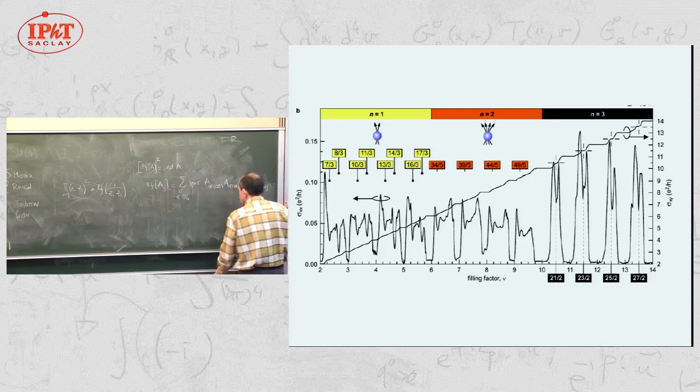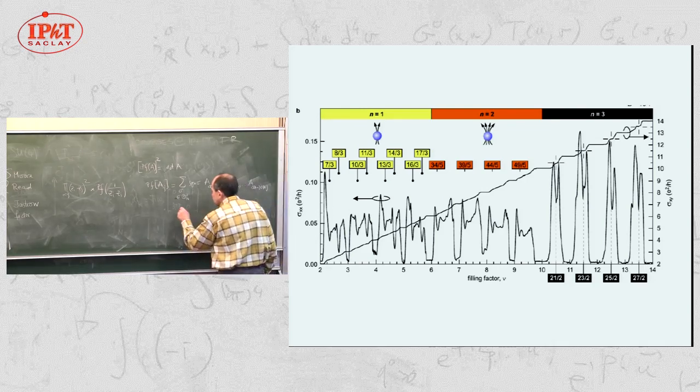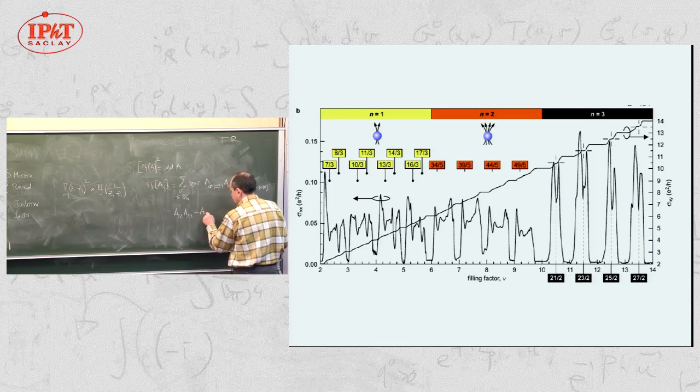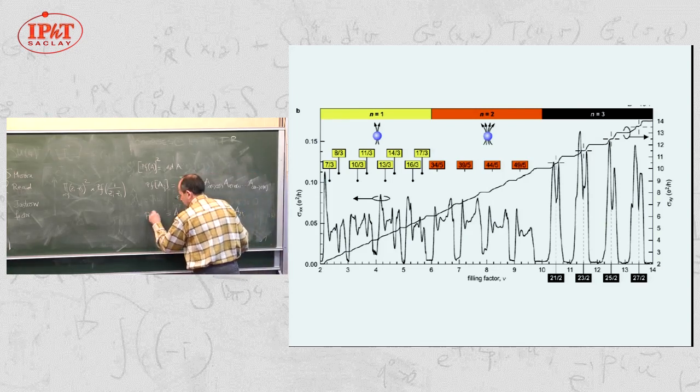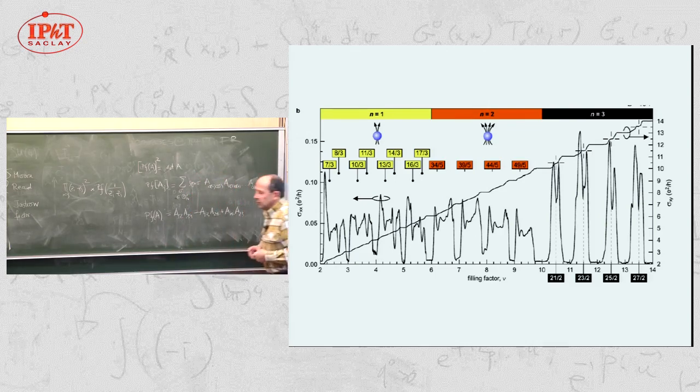So French people like to write this way. It means that, for example, if you have a simple matrix which is 4 by 4, the Pfaffian of this matrix will be simply this. So that's the Pfaffian in the case of a 4 by 4 antisymmetric matrix in which there are only 3 non-zero elements. Okay, so that's the Pfaffian.